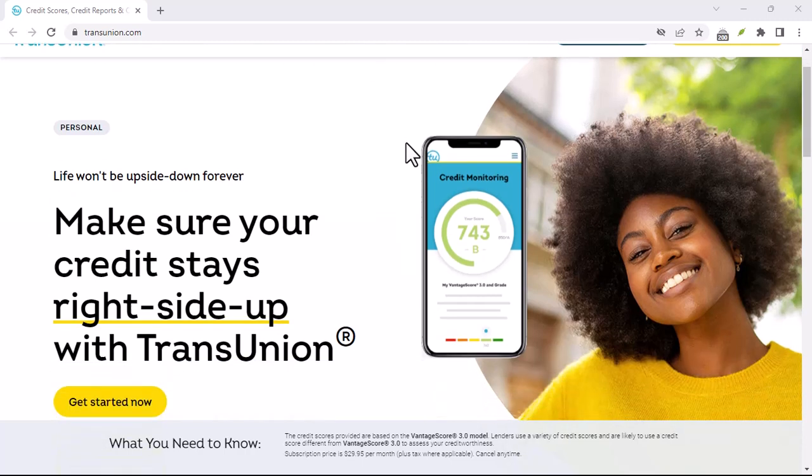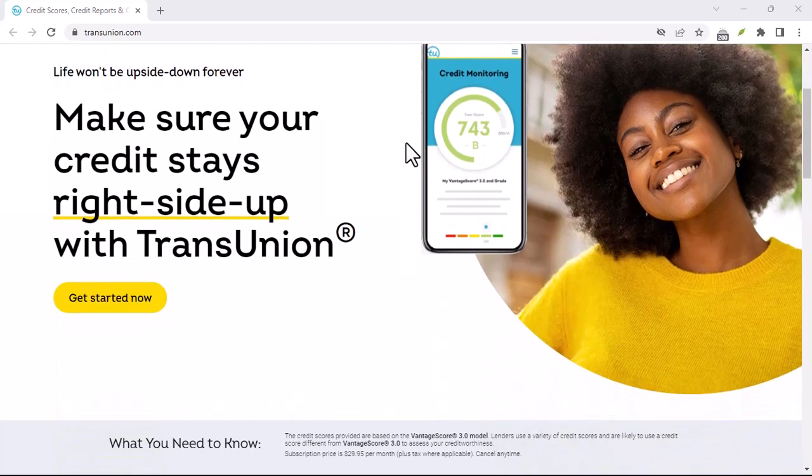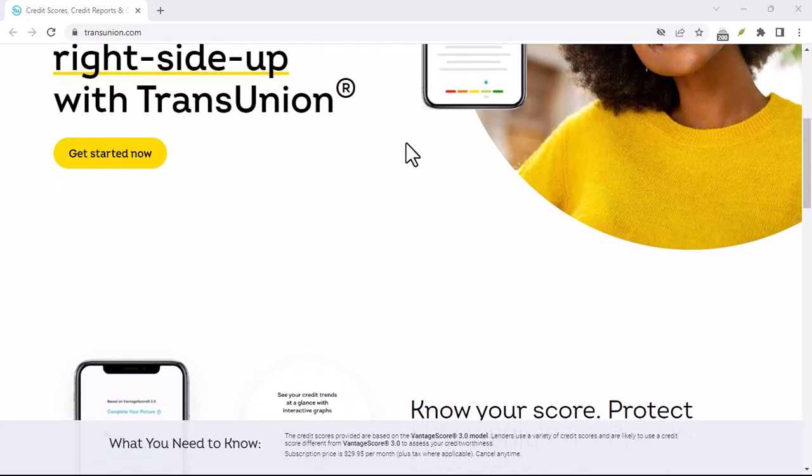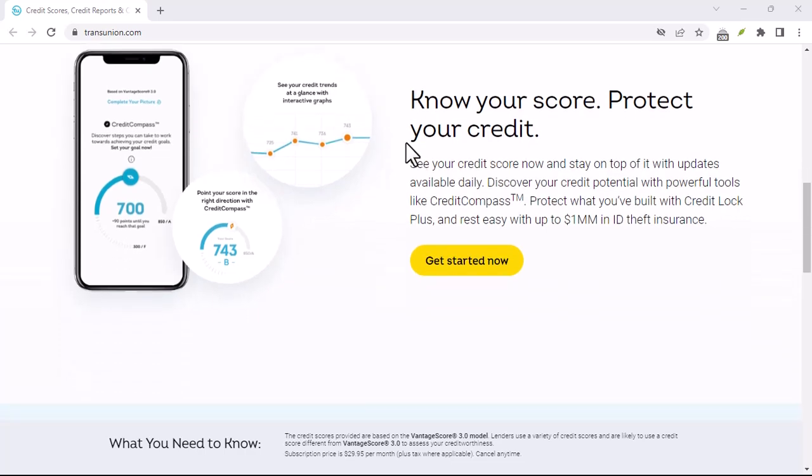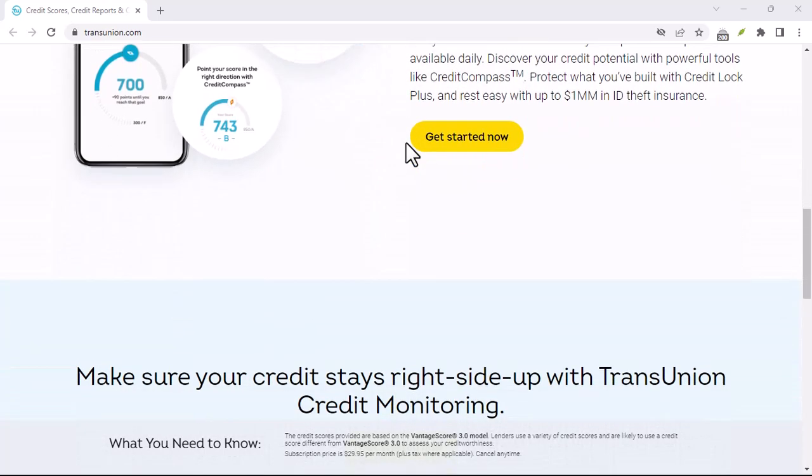Downloading your TransUnion credit report from the Scotiabank app is a simple and convenient way to stay informed about your financial health. By understanding your credit report, you can make better financial decisions and take steps to improve your credit